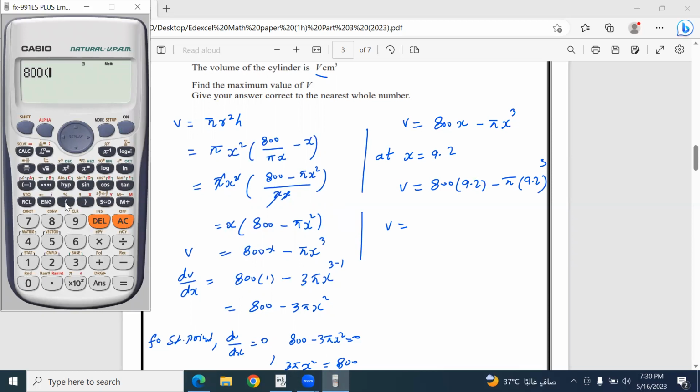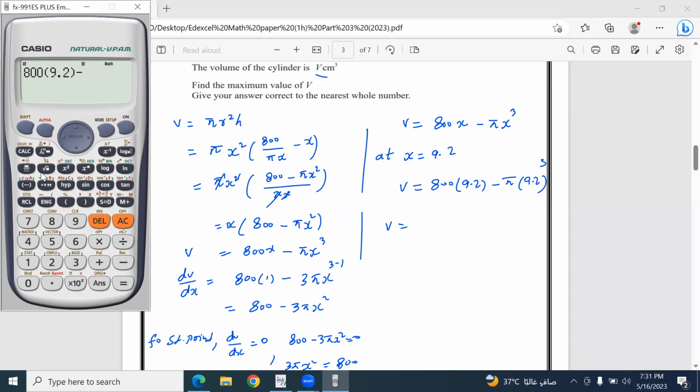So 800 bracket open 9.2 bracket close minus shift pi bracket open 9.2 squared, not squared, it's cubed. So cubed, that gives us, wait, we can check again, 800 bracket open 9.2, then minus